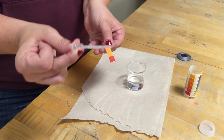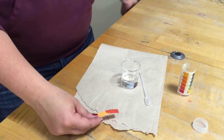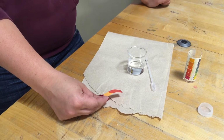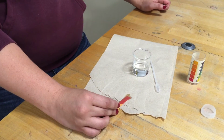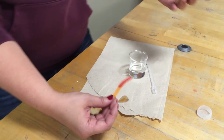And you'll see pretty quickly that there's a chemical reaction happening, and so it's changing color. We're going to wait for it to dry. If you touch it before it's dry, you're going to get some of that coloring on you. So you just want to make sure that you're being careful. You can even set it down and wait for it to dry if you want. When you're pretty sure that it's dry, you can gently check, and then you're going to hold it up next